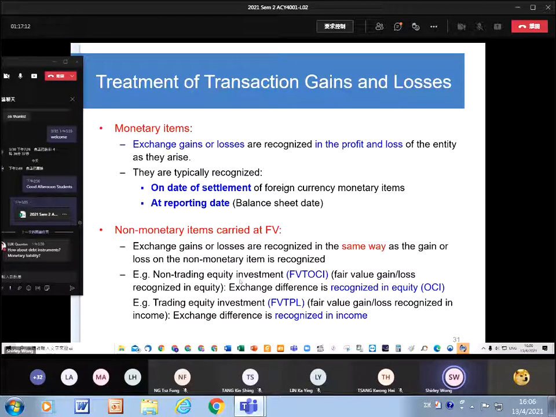However, if your equity investment is a non-trading equity investment, that means it is determined by fair value through other comprehensive income, then the exchange gain or loss arising from it will be recognized in other comprehensive income as well. For the trading equity investment, because we are fair value through P&L, then the transaction gain or loss will be